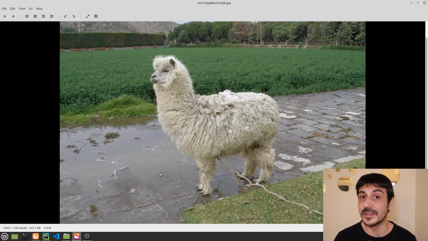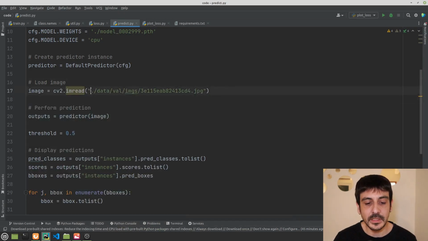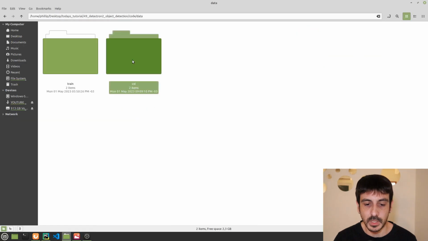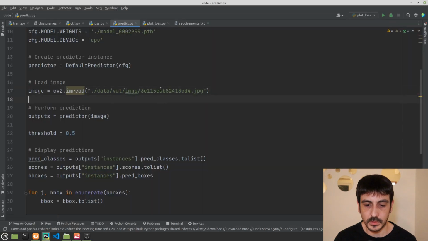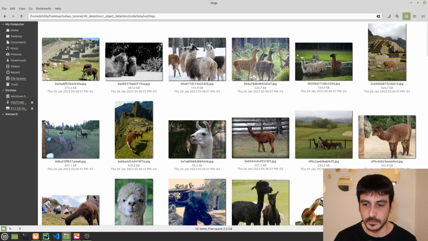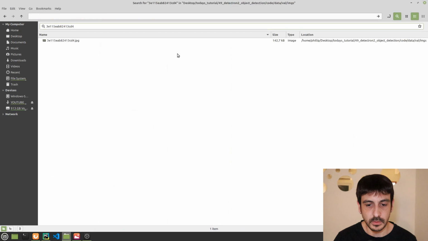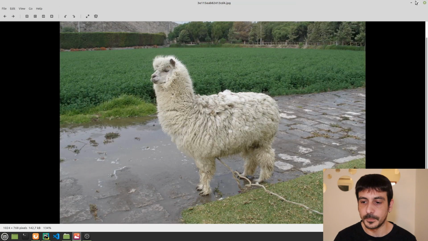Let's see what happens, but this is what we should get. And this is the path to this image, right? You can see it's data, val, images, and then it's just this name. If I search, you can see this is the image we are going to use.